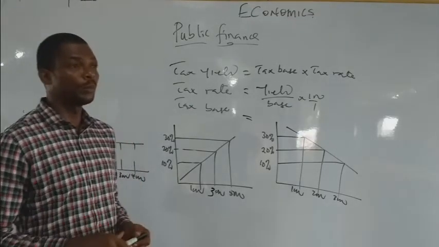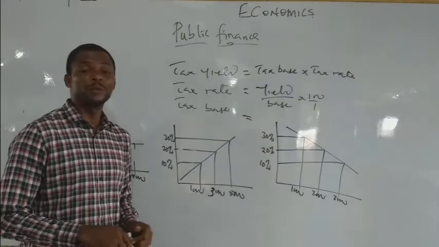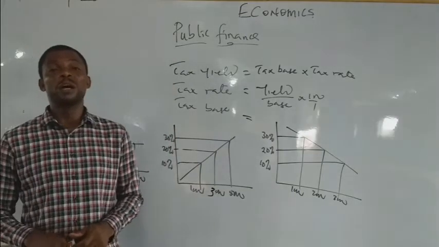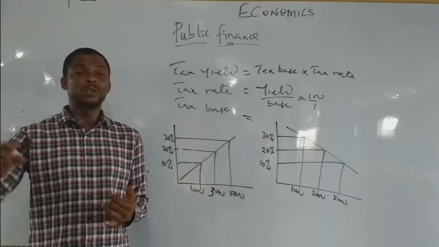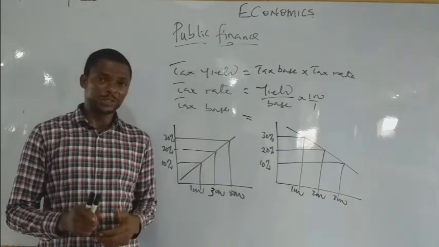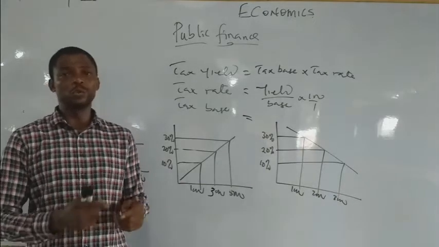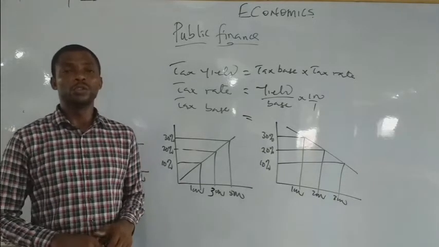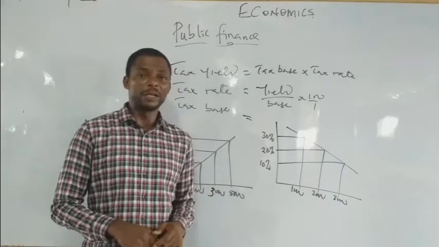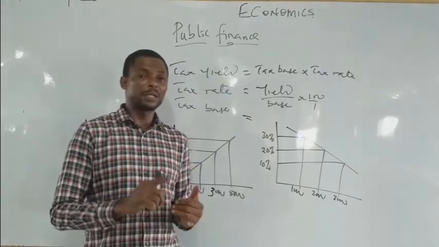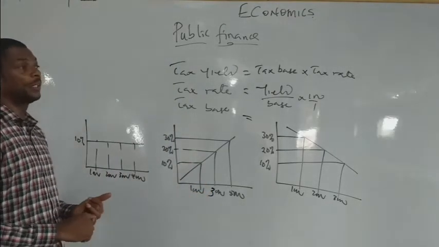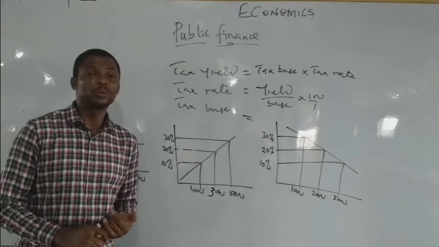Now the next line of action is what we call customs tax. Under the customs tax, we have the import duties and we have the export duties. Under the import duties, we have a tax that is paid on goods that are purchased from other countries, while the export duties are taxes that are paid on goods that are sold to other countries. As a matter of fact, the tax that is paid on goods, either imported or exported, is called what? Customs duties.